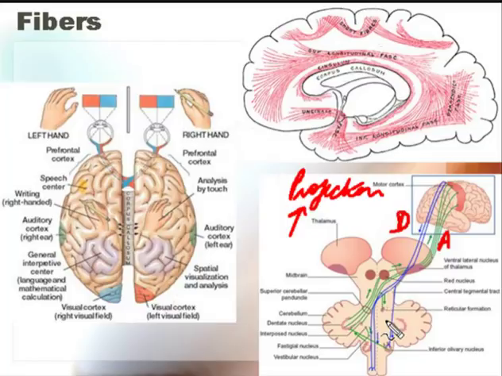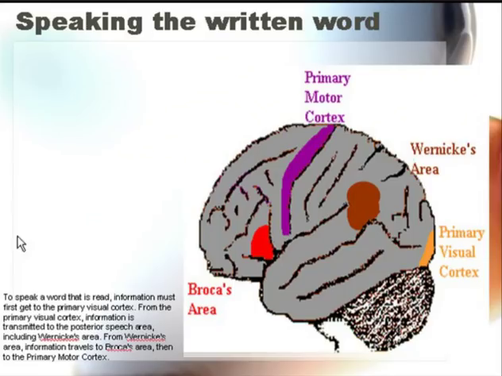Let's go to the next slide, which is this one, and this shows you a good example of how association fibers connect different functional areas within the same cerebral hemisphere. This is an example of where you're asked to speak something that is written down. If you just think about it, something is written on a piece of paper. In order to read it, you first look at it. So you see it, which means it goes to the visual cortex. After you see it, you have to understand it, which means it has to go to the receptive speech area,